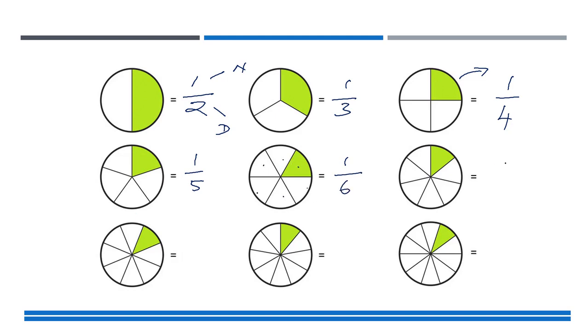1 by 1, 2, 3, 4, 5, 6, so 1 by 6. Then 1, 2, 3, 4, 5, 6, 7, so 1 by 7. It should be equal. Then 1 by 8, 1 by 9, and 1 by 10. Right. In this particular chapter, we are going to learn different kinds of fractions,